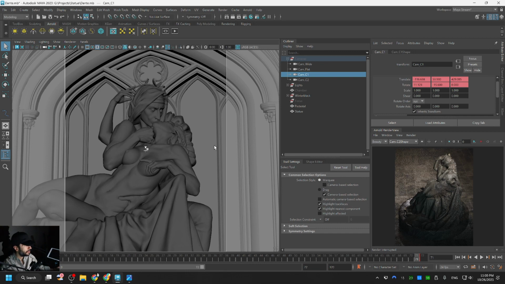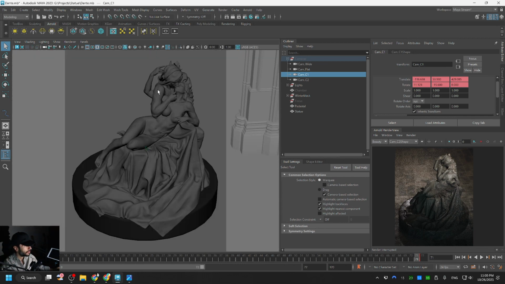For the C2, the top to bottom camera, I want to have the camera spin around the model. So this time it's probably going to be a little bit different, because